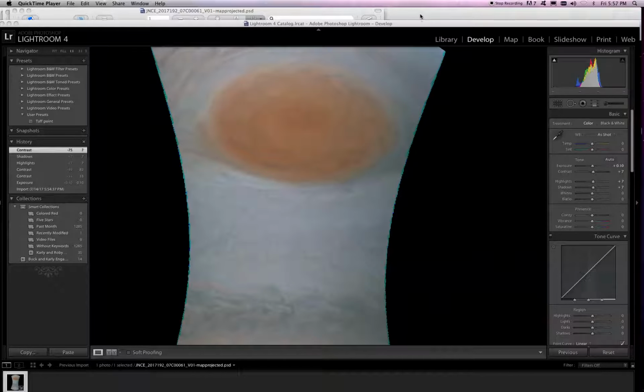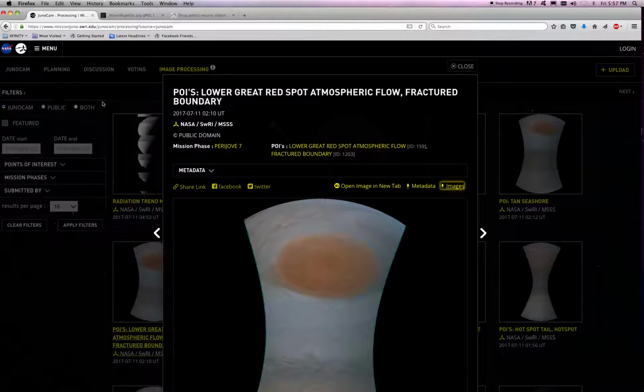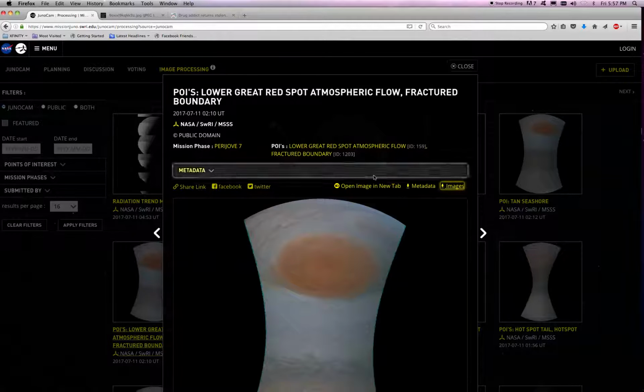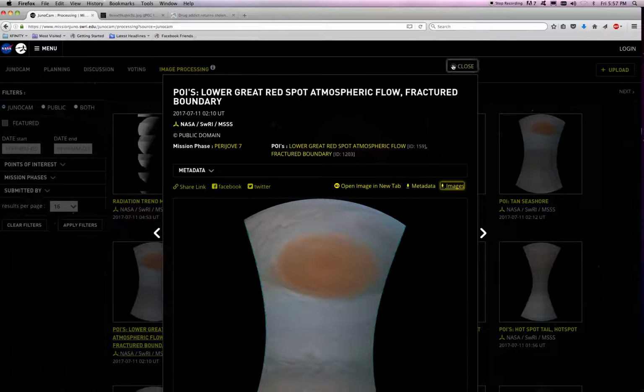So in this screencast, I'm going to show how to edit the images that were released from the spacecraft that's flying around Jupiter right now. The Juno cam just sent these raw images of the red spot, which people have been editing, and you can go to this website and download the image files